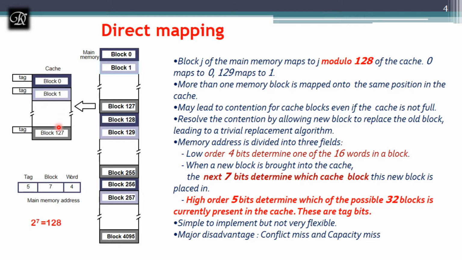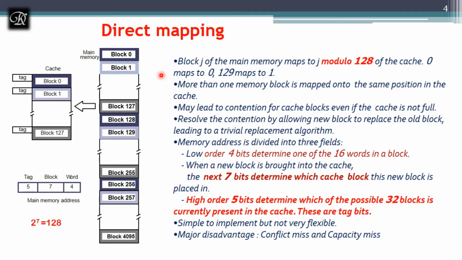If it is available in the cache, which we have seen in the previous video, whatever we are requesting, then it's a hit. If it is not available in the cache, then it is a miss. It means we have to fetch the data from main memory to cache with the help of the mapping function. And which block to be replaced, in direct mapping, is decided by the modulus function.